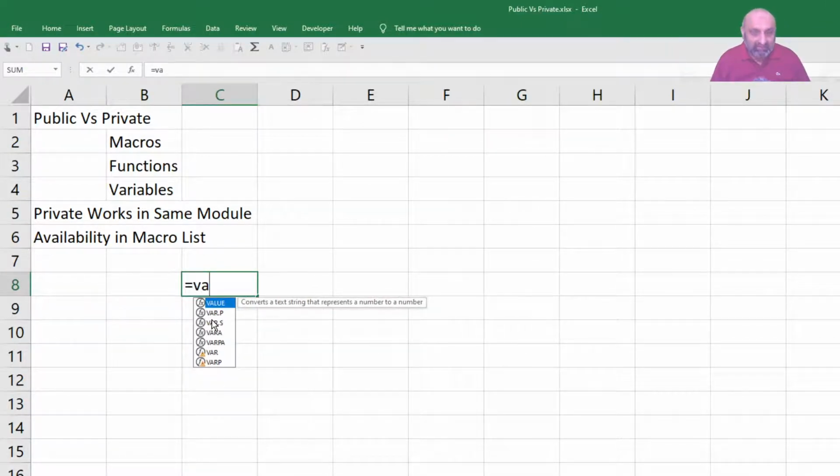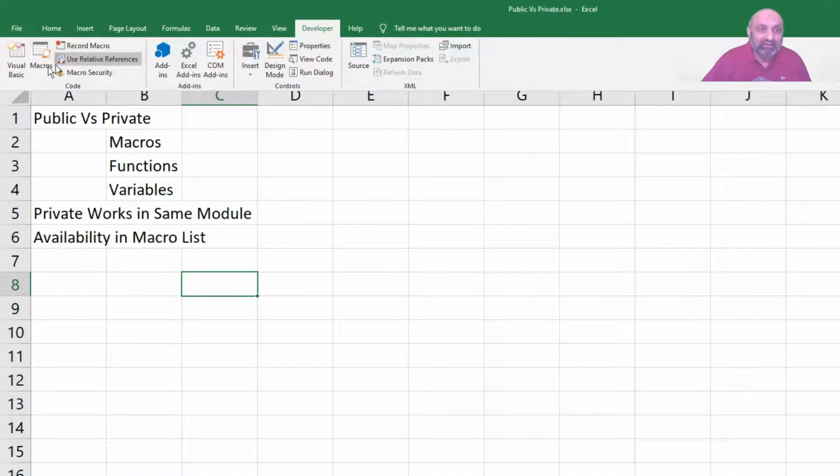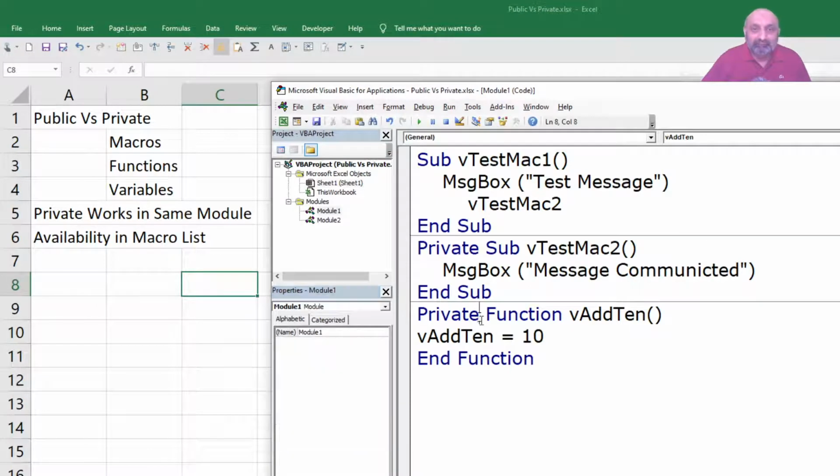VAD, there is no function. So as soon as I declare a function private, it is gone. We cannot access it from the Excel sheet, but we can access it within the modules. How that is done, let's see.